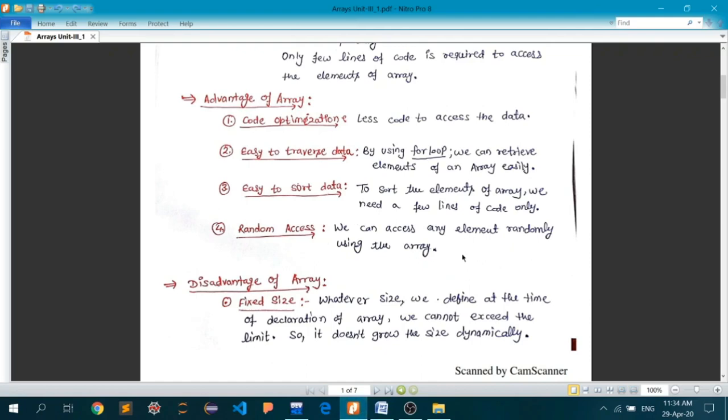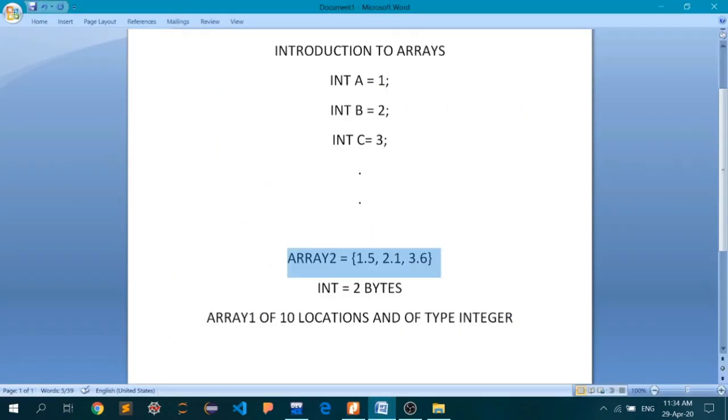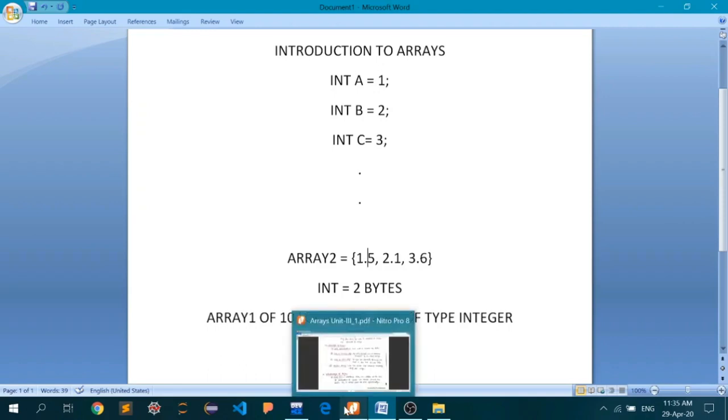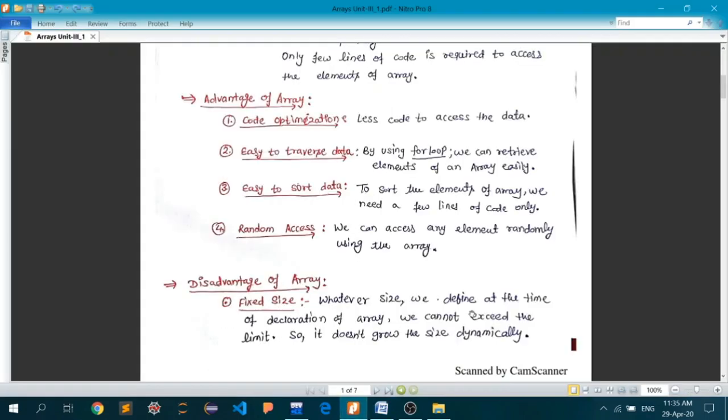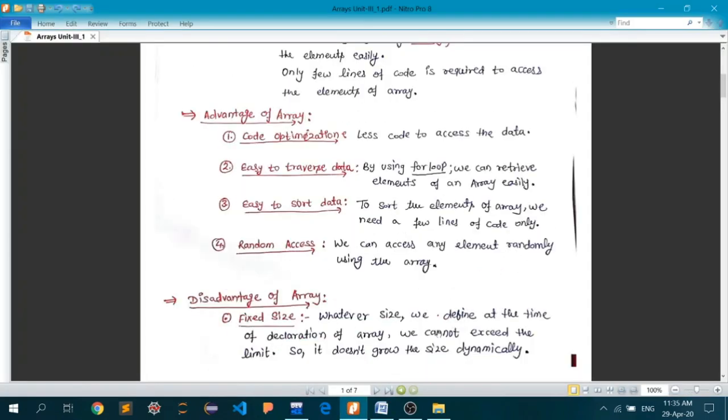And the random access, we have discussed a few minutes ago, that now we can reach out to any of the data points randomly, individually. So there is no constraint that we have to traverse through each data point in a particular fashion. There is the freedom of choosing a particular data point randomly or in a sequence. That is entirely up to you. The only constraint is that all the data points should be of the same type, and that is the only disadvantage, as we can see here.